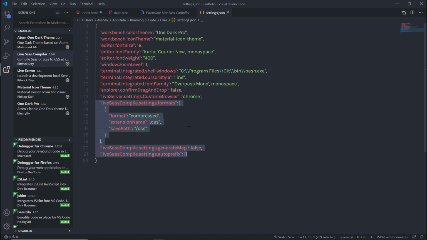You just need to copy these settings and specify that in your settings.json file. I just specify format compress. I'm going to specify extension to the compiled file, .css, and I'm going to specify save path in the CSS folder. So all the CSS files are going to be saved in this CSS folder. So when I compile the Sass file, it's going to create a CSS folder with the .css file. Once you copy all these settings and put that in your settings.json file,